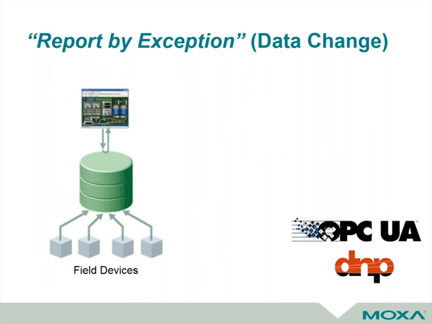So one of the interesting things is another way of doing this, which many of you may be familiar with, using the concept of report by exception. You may hear the word data change. Some of you, like myself, come from a factory automation background. If you've seen a Control Area Network, CAN, which some of you may know is a very early implementation of that from DeviceNet, or some of the Ethernet technologies like EtherNet/IP, these use this concept quite heavily in that